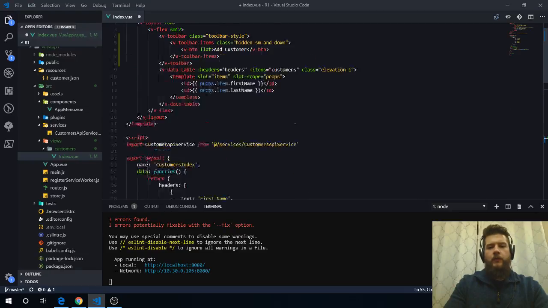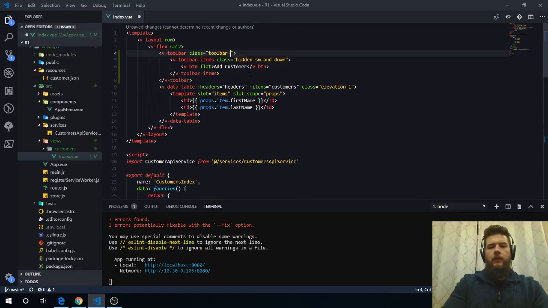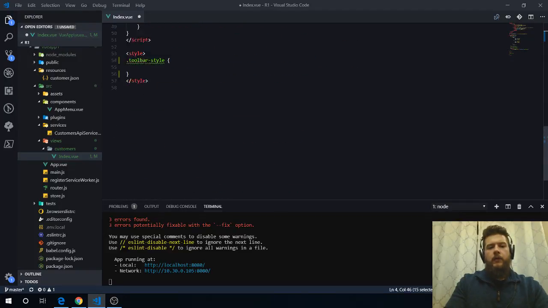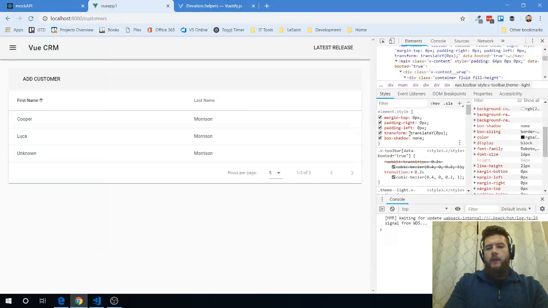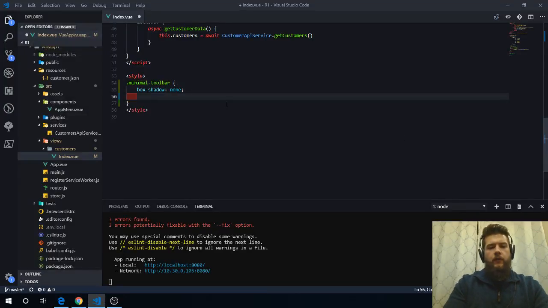I'd come up with something a little bit nicer. Actually, let's do minimal toolbar. Might make a little bit more sense. We'll rename it to minimal toolbar, box shadow none. That's what I did, right. Box shadow none. Yeah, and let's do padding, margin,